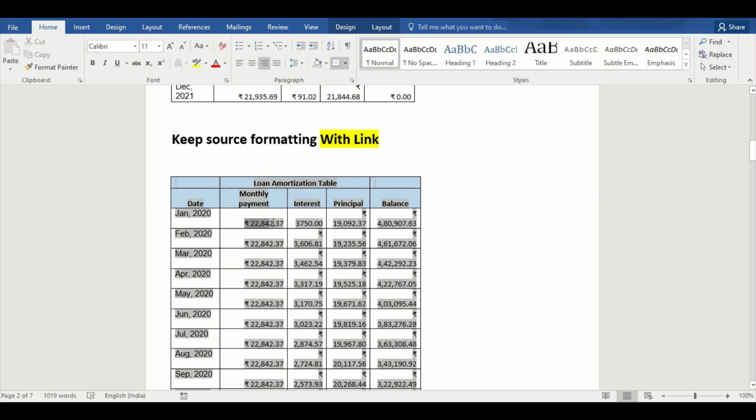You can see the table which had the with link option. Now you can see that the table which had the with link option has the figure as 22842 as compared to 21935, which previously was there.